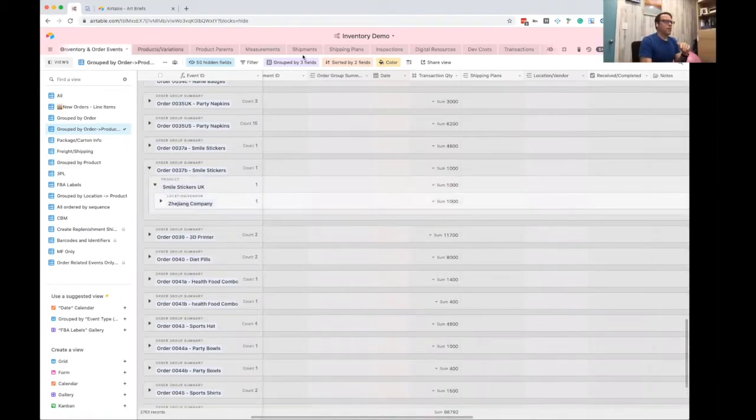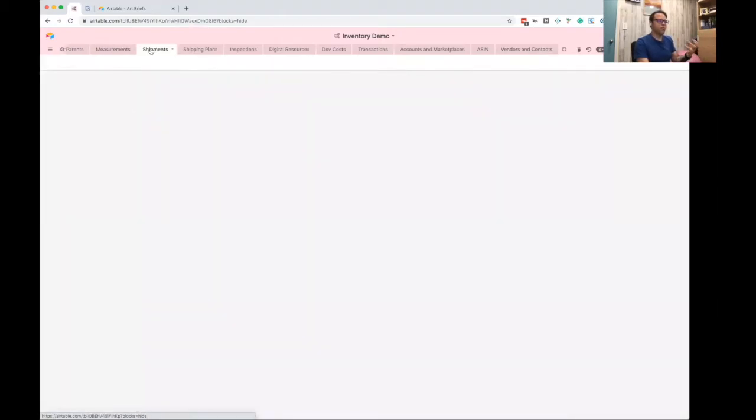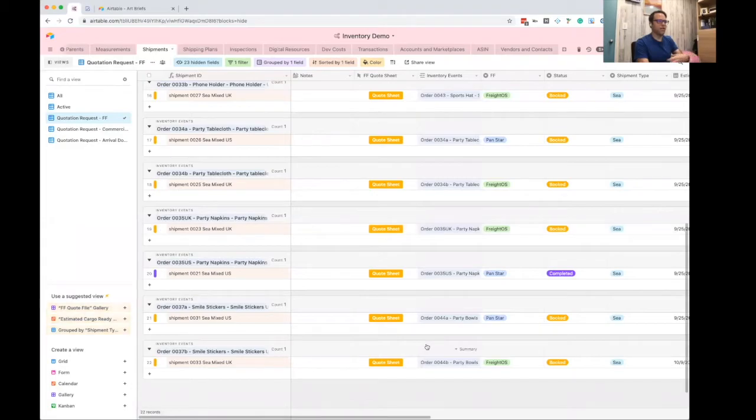One other thing I'd like to show you, which I alluded to a minute ago, is that we create a shipment, but multiple orders can ride inside of that shipment. So I have a shipments table, and we would create a new shipment. I have a formula field that automatically creates the name of the shipment. And in this linked field called inventory events, we link the individual line items from the purchase order,